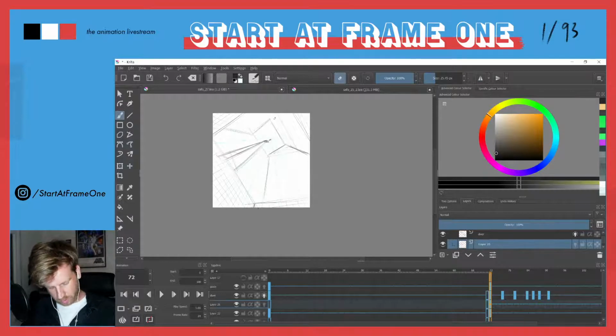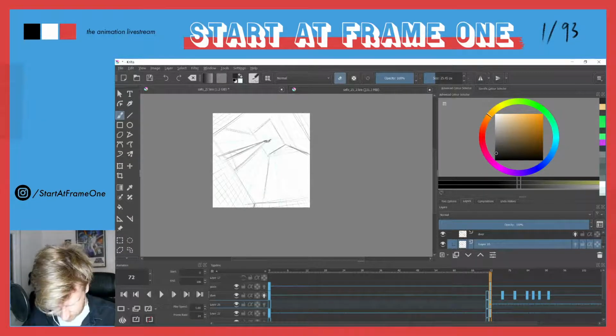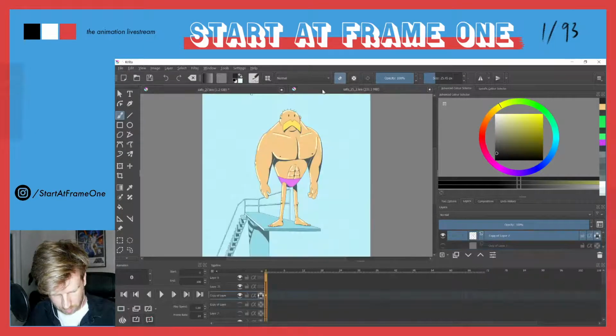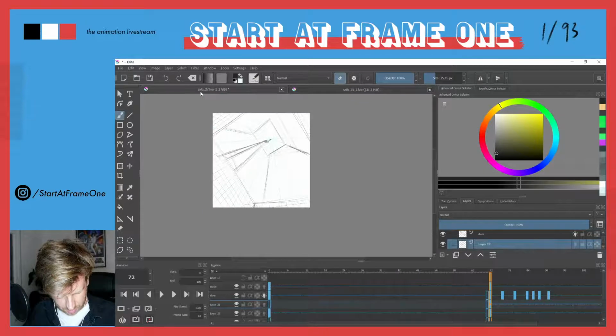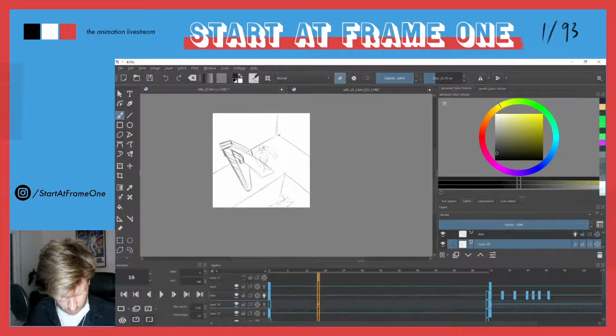And what about, oh, check this out. What if this is an open pool? I put this color in here and I think we could use that